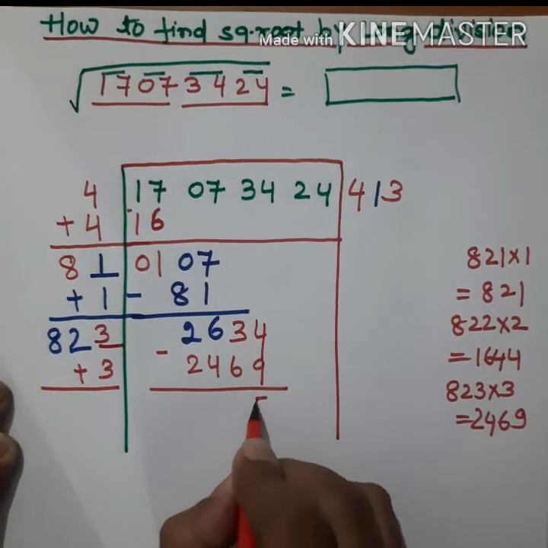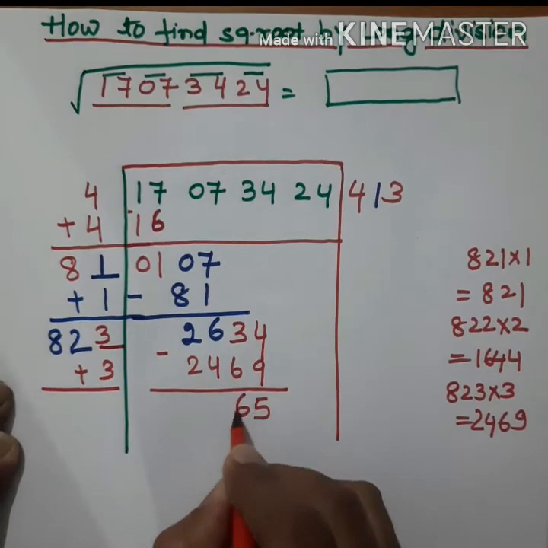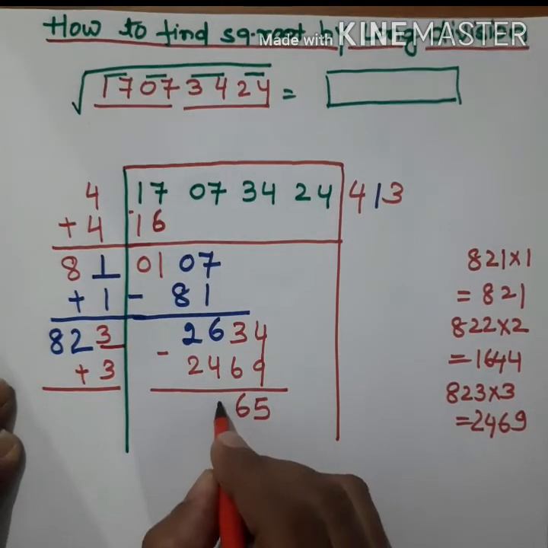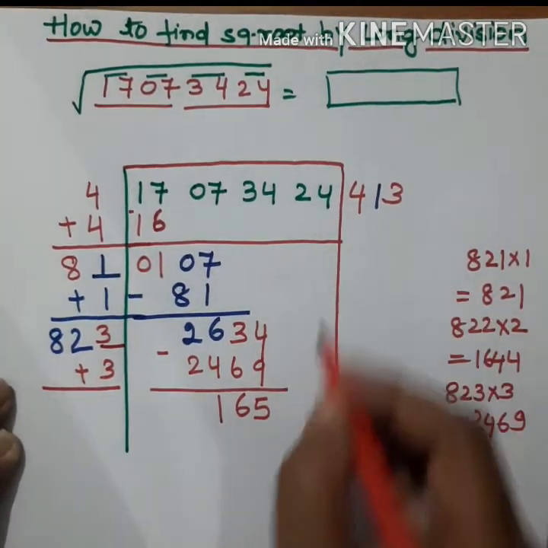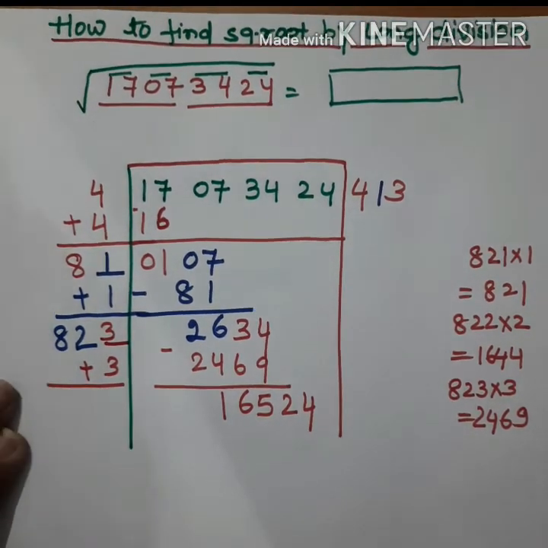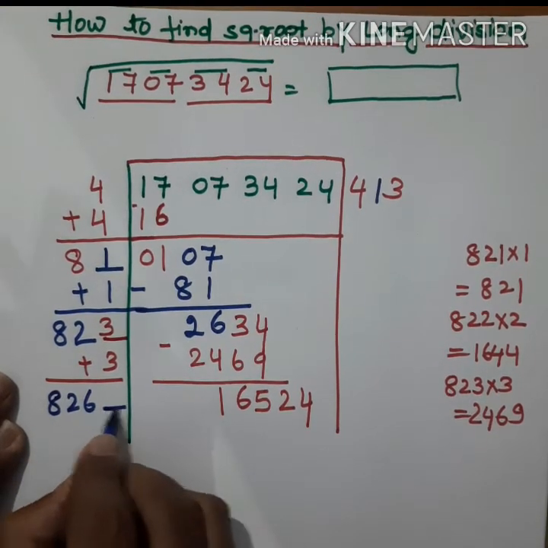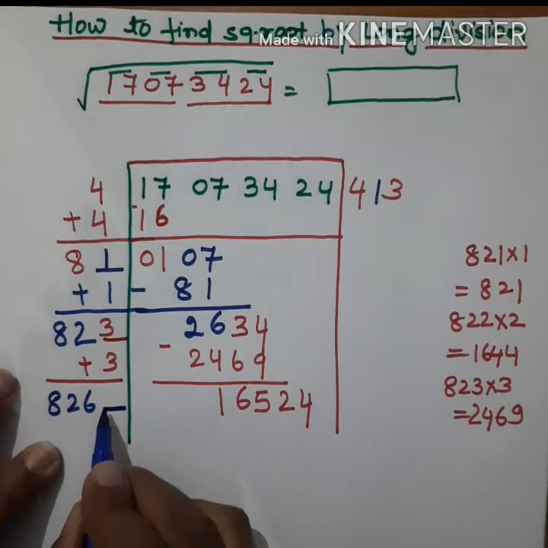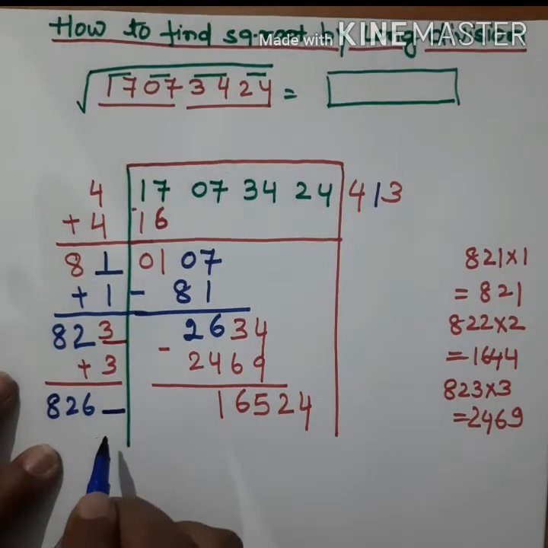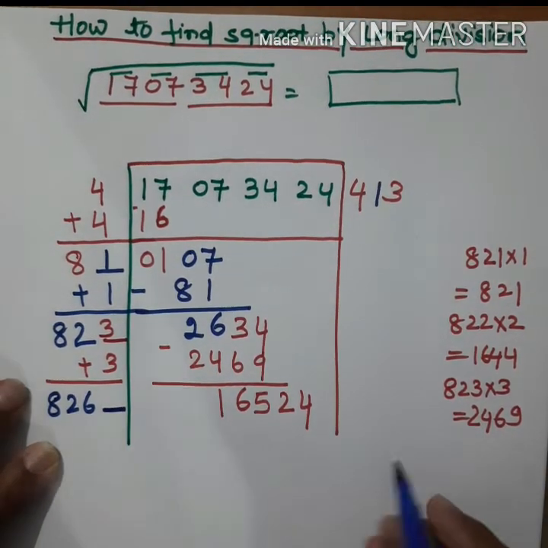Now subtract this, write 3 here. 14 minus 9 is 5. So here you are having 12 minus 6 is 6. And again 5 minus 4 is 1. And bring down this 24, the last period. What are you getting here? 1656 and again one place is vacant here. You have to invent a digit here which will be suitable for us. Now again start the tables.